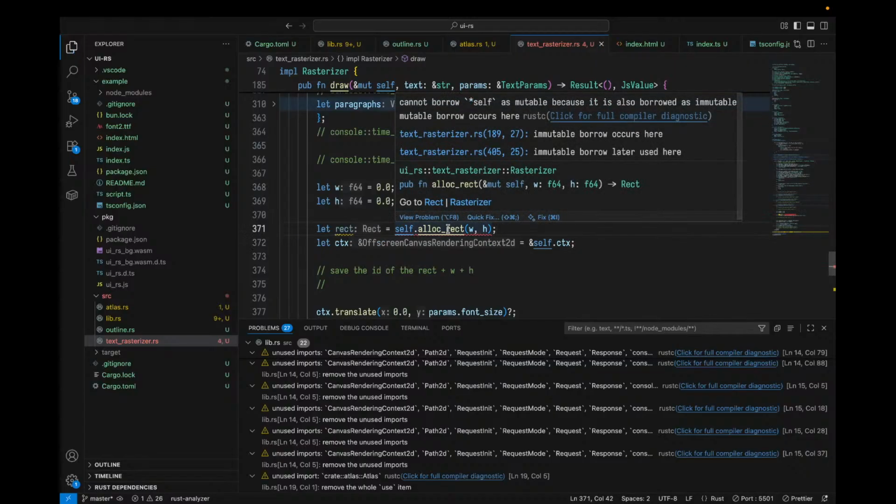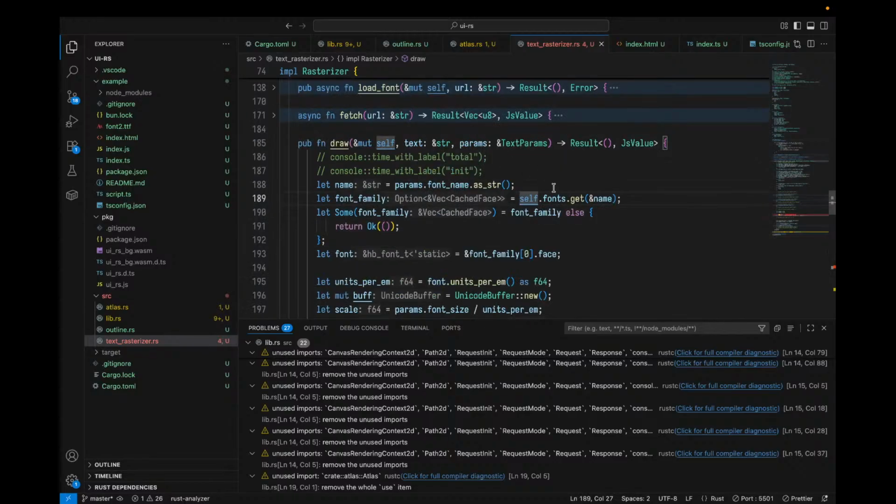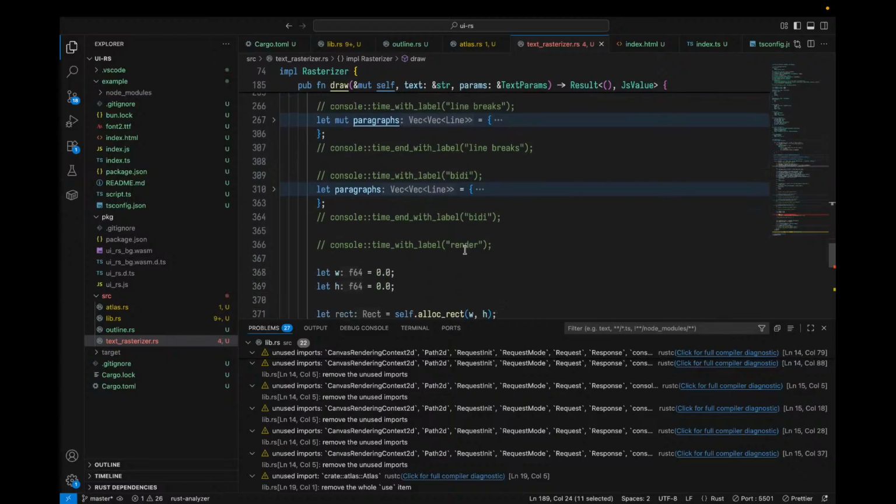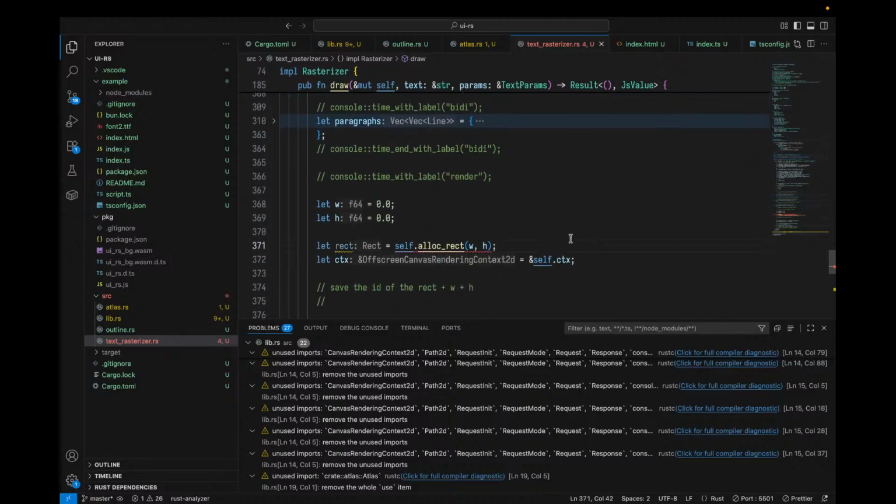Where else am I? Let's make all yourselves first. Immutable borrow occurs here. Oh fuck. But then I'm done with this borrow. Am I done with the borrow? Anyways,